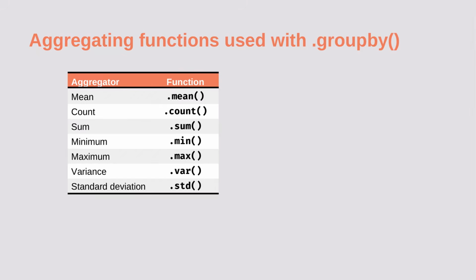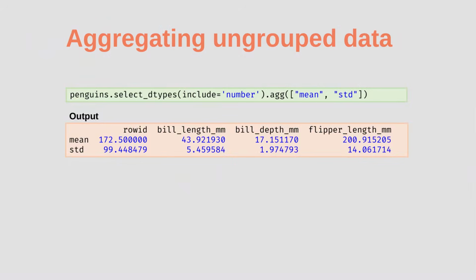std for standard deviation. The agg function, short for aggregate, lets us apply one or more aggregation functions to our data. By default, it summarizes data across all rows in each column, and it is especially handy when you want to apply multiple functions at once. For example, we can call .agg on our penguins data frame and pass it a list of functions like mean and standard deviation. This will return a new data frame showing both the average and the standard deviation for each numerical column. Note that the agg method only applies these functions to numeric columns automatically, so non-numeric data is